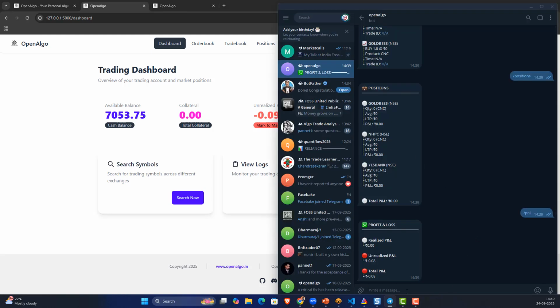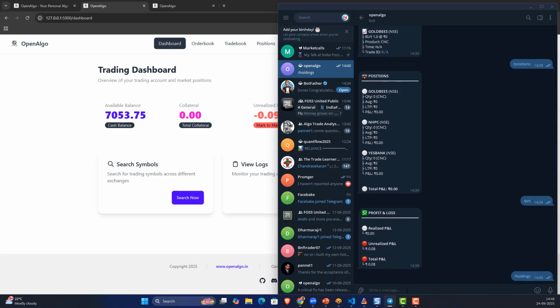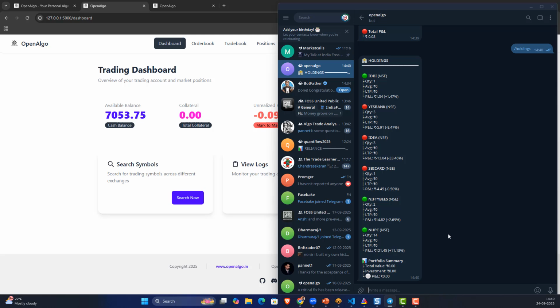And followed by that, let's say I also want to access my holdings. So I'll be able to access my holdings as well. And right now everything is read only. So right now we are in phase 1 of Telegram implementation. Once this stage is successfully tested and validated, right now we are in the validation stage,